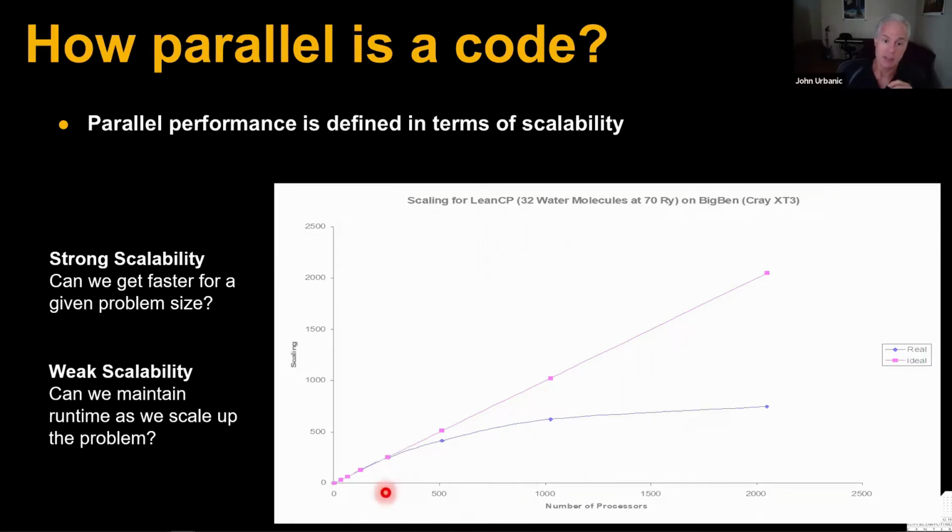And most applications follow some kind of curve like this, where as we add more and more hardware, they don't increase linearly. So a perfect or a well-written code, as you run on 100 processors, speeds up 100 times, on 1,000 processors, 1,000 times. But almost every code falls short at some point. And so the question is, how far do you get? For example, this code we're looking at right here, this blue line, it scales pretty well to about 1,000 processors. It's really speeding up still.